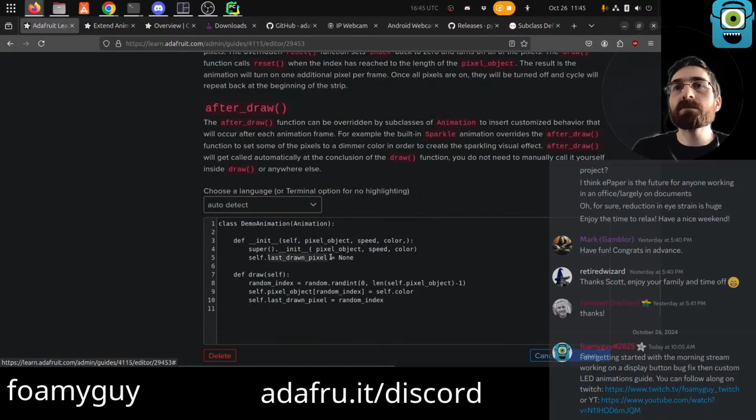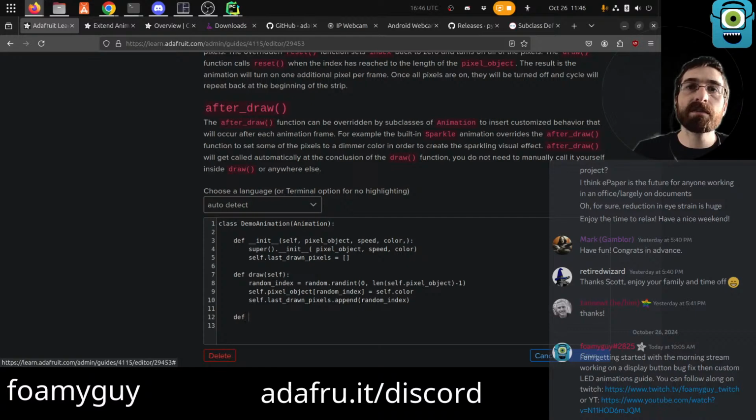Actually, let's do last drawn pixels, and let's make it a list. And then last drawn pixels dot append the random index,